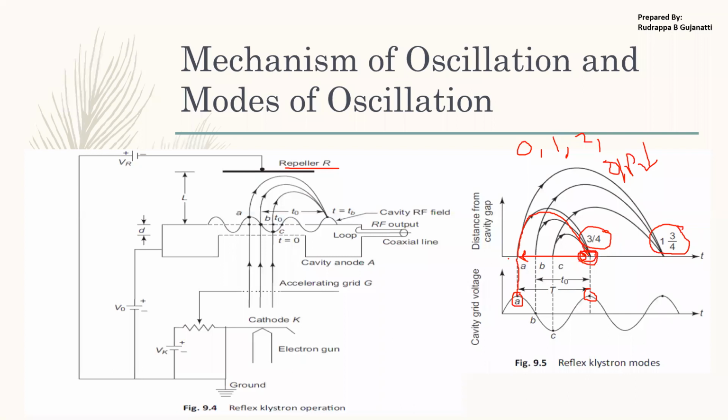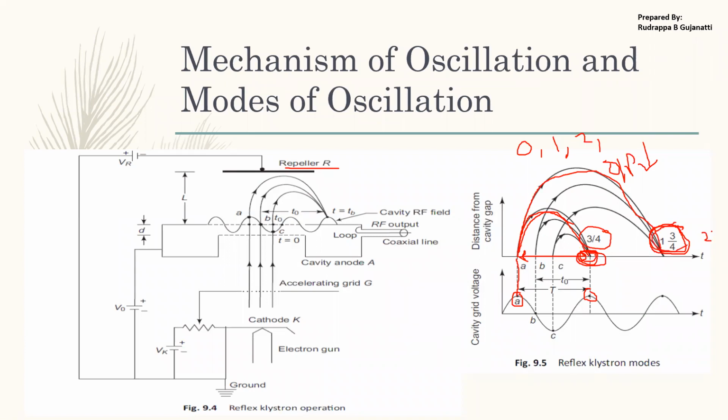So in this path it is losing less energy compared to this path, because it is traveling a longer path compared to the other one. Because of which the power at this point also reduces. So here the output power will be higher compared to the next mode.